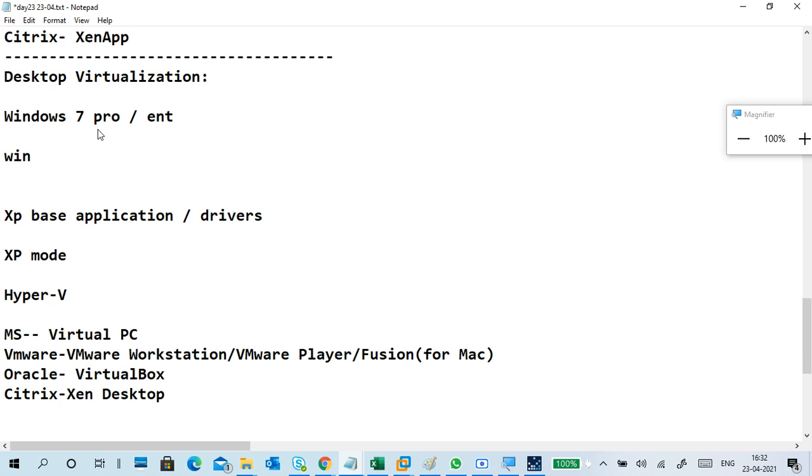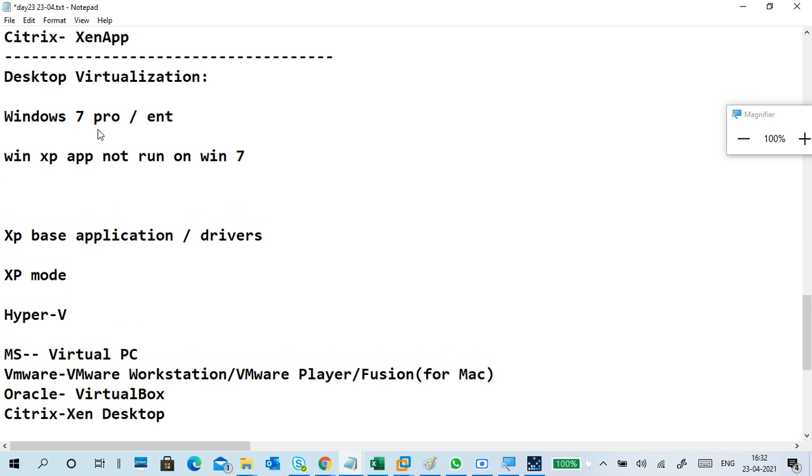Windows XP applications are not running on Windows 7. That is one problem they face. They have old XP applications, but they don't want to buy new applications for Windows 7. There are architectural differences and all, so applications are not running.